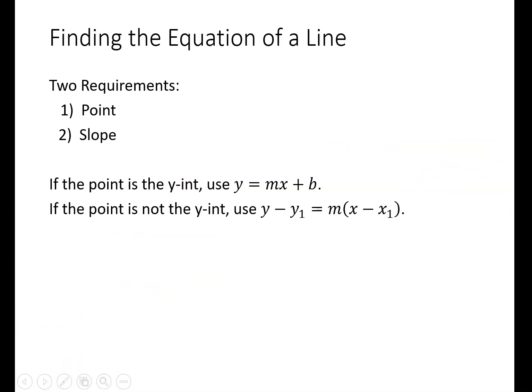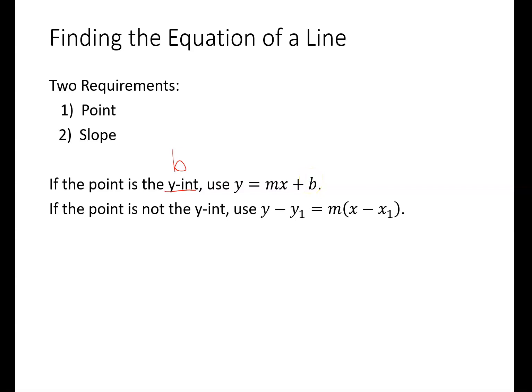So the next type of problem is going to ask us to find the equation of a line. Anytime you're trying to find the equation of a line, you need two things. You need at least one point on the line, an ordered pair, and you need the slope of the line. If the point that is given is the y-intercept, then that's b, okay? So if you know the slope and you know the y-intercept, you can just substitute directly into the slope-intercept form,